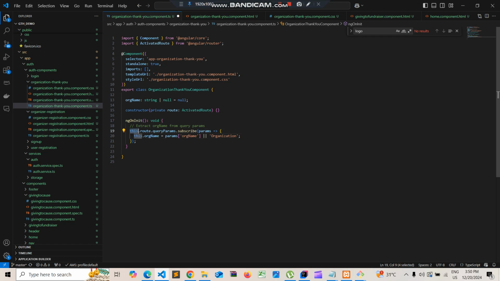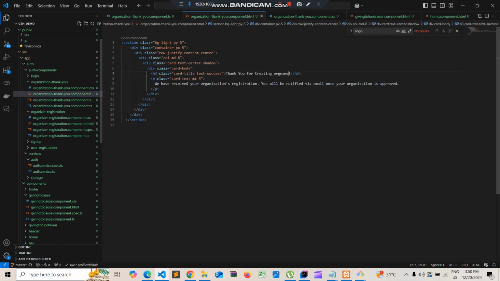So this.route, this is the private variable here, and the query parameters, and we need to subscribe to the query parameters to get the param, and we are setting this.org name to this variable here. So once I do this, now let's copy the org name from this and let's go to the HTML file, and in place of this, let's replace this with org name. Okay, so once we save this,